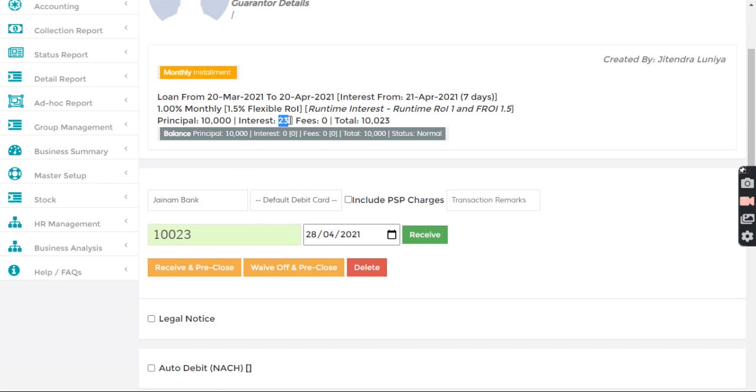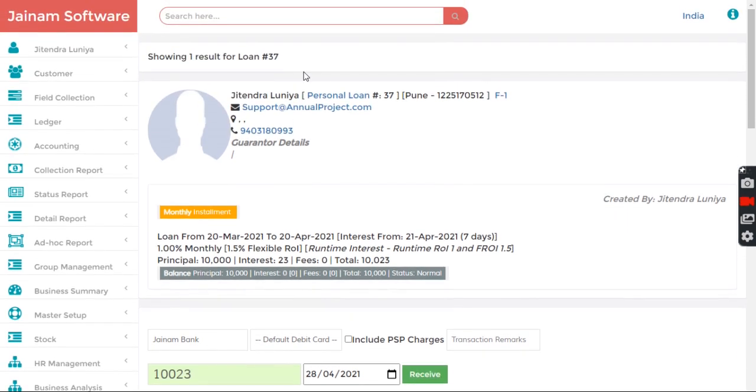So this 23 is calculated for 7 days at 1% rate of interest. This is how the system is calculating, and it is very flexible, because the interest rate is jumping based on the configuration we have done: the first month is locked, after that, if delayed, then 1.5%; if received before that or on that date, then it will be 1%.